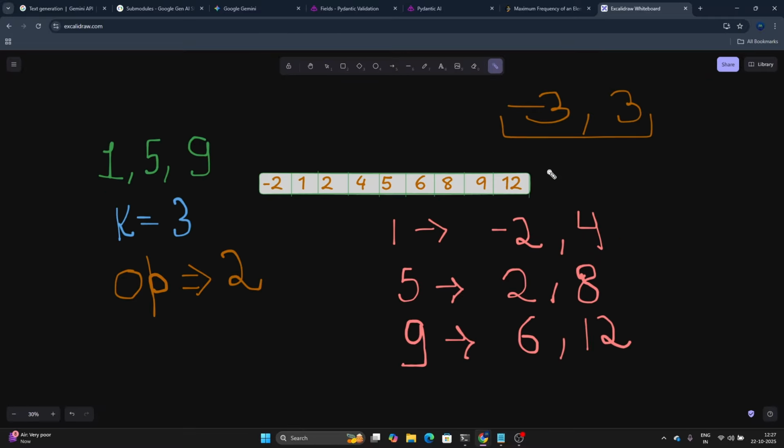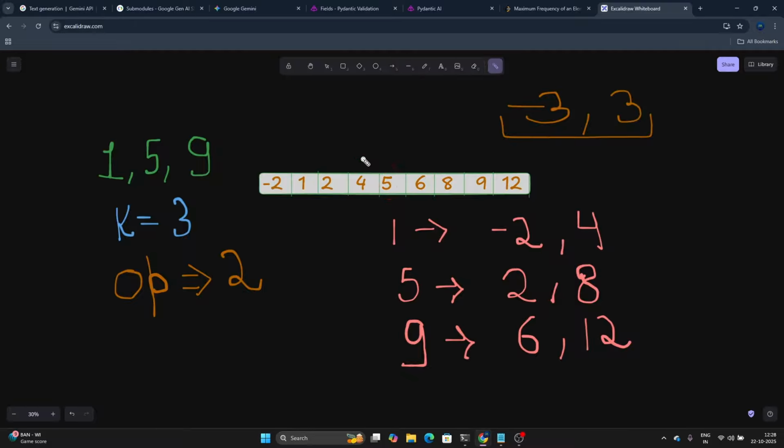Now, once we know that these are all our candidates, we will try with each of these candidates that they are going to have the max frequency after performing 2 operations. So let's try to do it for, let us say, 5. Now, if I try to do it for 5, what do we need to do exactly? See, the thing is, we have 1 number of times initially, 5 1 number of times, and 9 1 number of times. I need to find out, apart from 5, how many elements do we have which can be converted